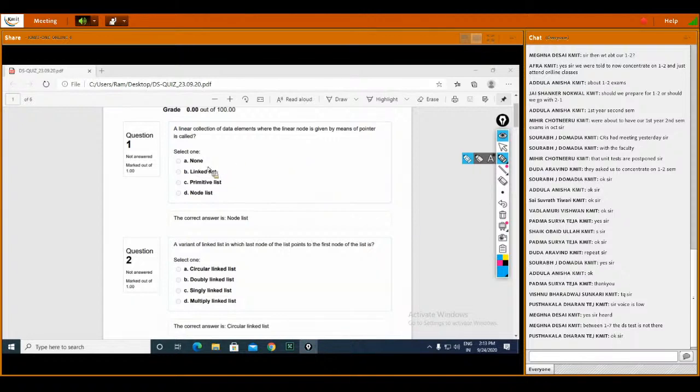a node list. In a node, we create one data field with a pointer. The pointer is used for referring to the address. So the answer is node list. The second question I gave you is the variant of linked list in which the last node of the list points to the first node of the list, called